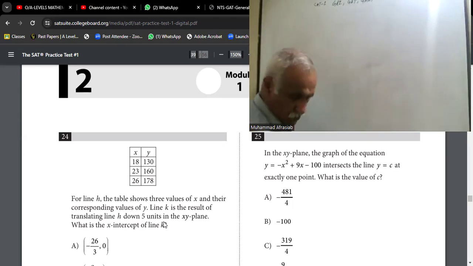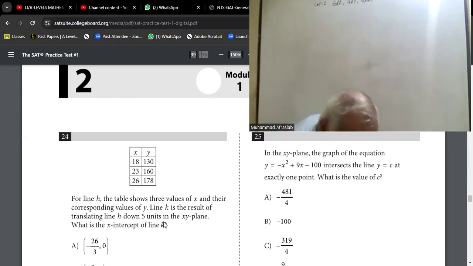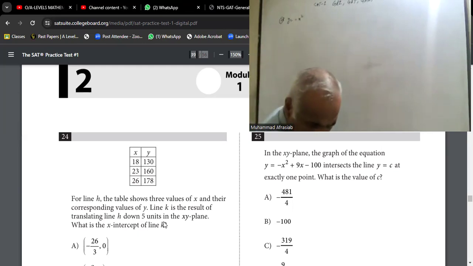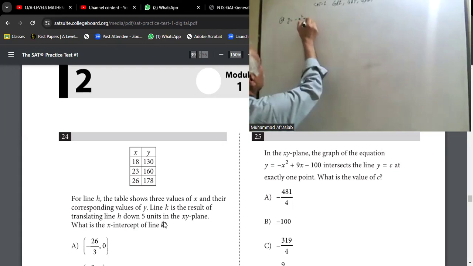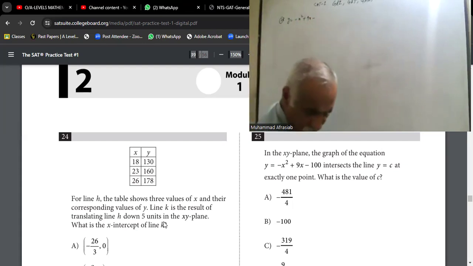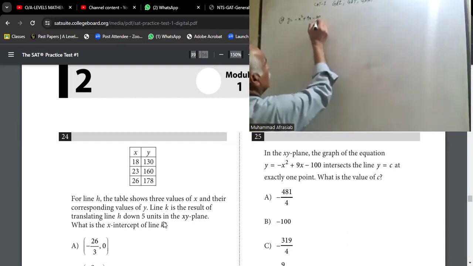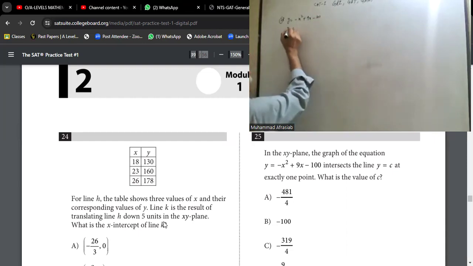Y is equal to 25 minus x square plus 9x minus 100. And the other graph is y is equal to c at one point. So that means what? If we draw the sketch of this curve,